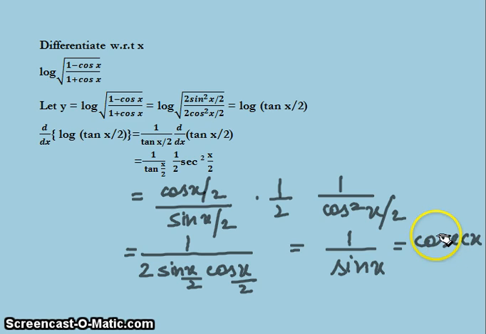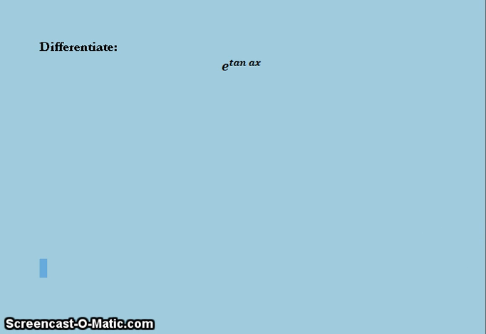We have another problem in which we are required to differentiate an exponential function of the type e to power tan ax, that is d by dx of e to power tan ax is to be found. Now we know that any exponential function of the type e to power fx can be differentiated as e to power fx into d by dx of fx, and thus we can write the differentiation of this exponential function as